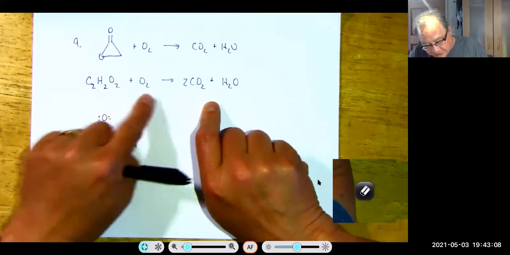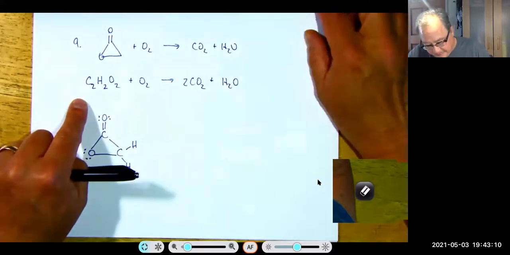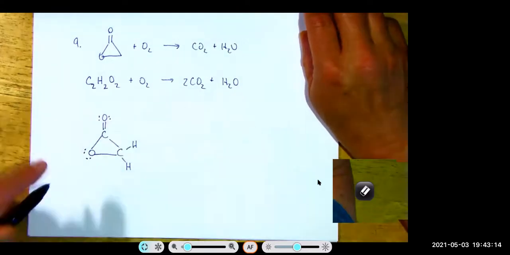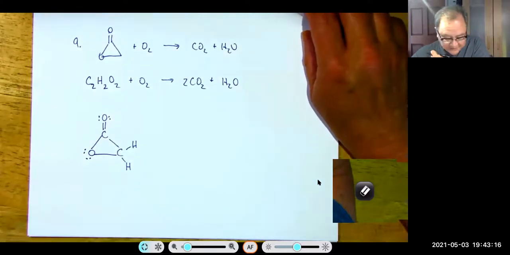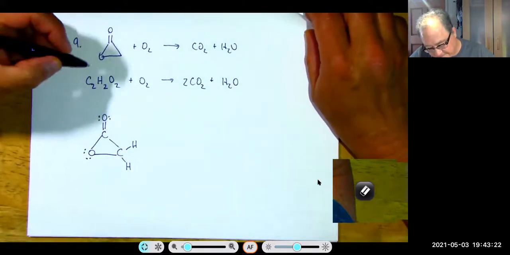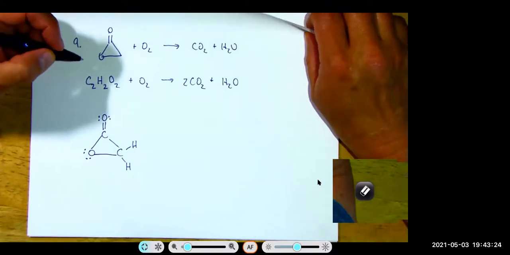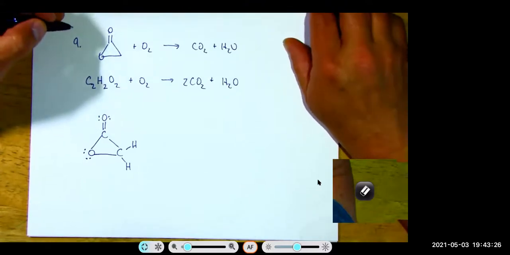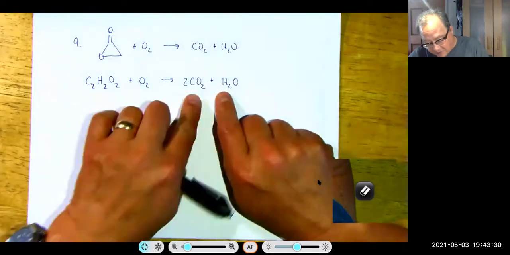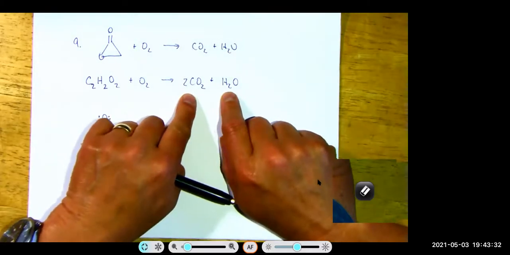How many oxygens do we see on the left? 4. How many do we see on the right? 3. Oh, okay. This is going to be tough. What if we double everything? Do you think that might help? Maybe triple. Triple? Maybe triple, because we do have an odd number here, right? Well, because it's 4 and 3, so